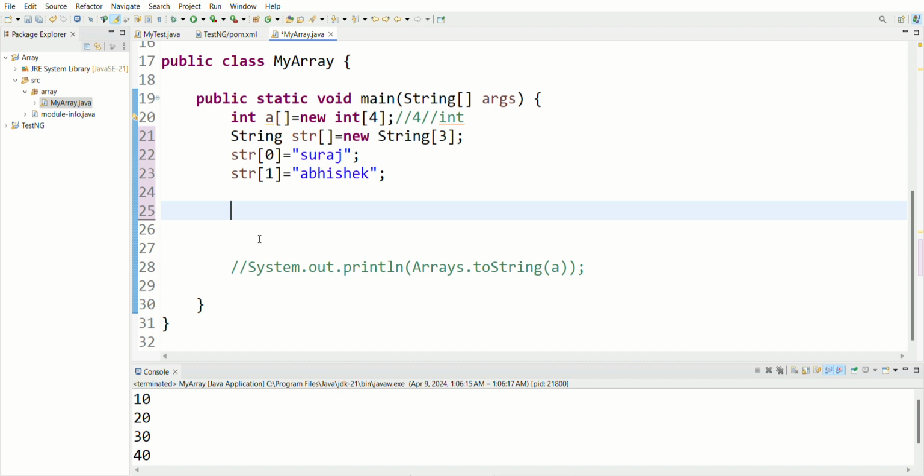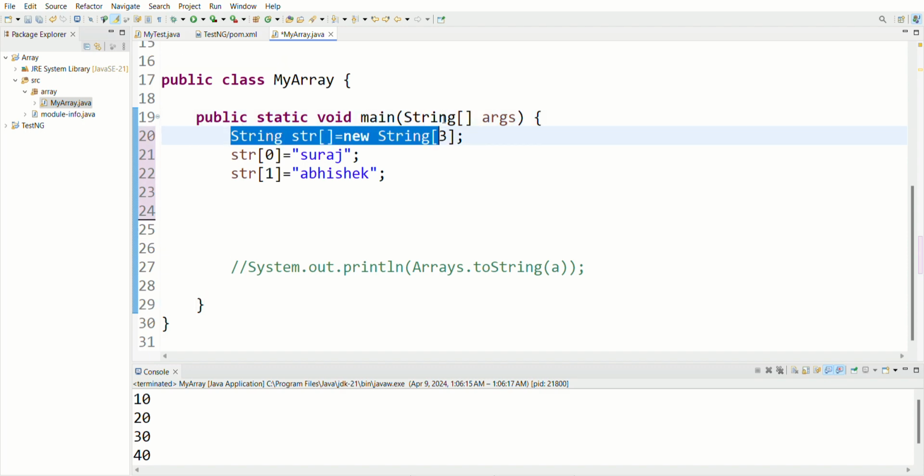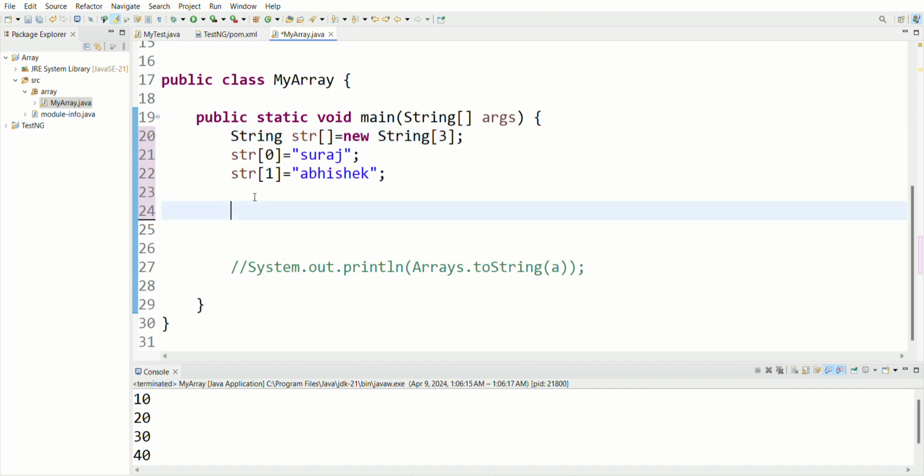Now you just have to tell me. I have already cleared this by taking the integer type of array. Now you have to tell how we use the for each loop to print this type of array. Let me remove this. I want to print all the elements of this string type array with the help of for each loop. Then how can we do it? Let's say for, and which type of element is there? String type element. That's why we need to take a string. I am taking a variable as s, and my array name is str.